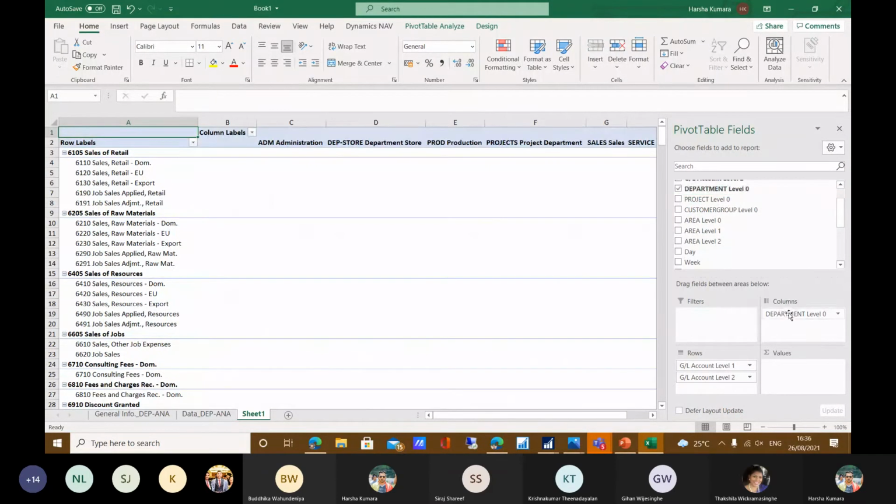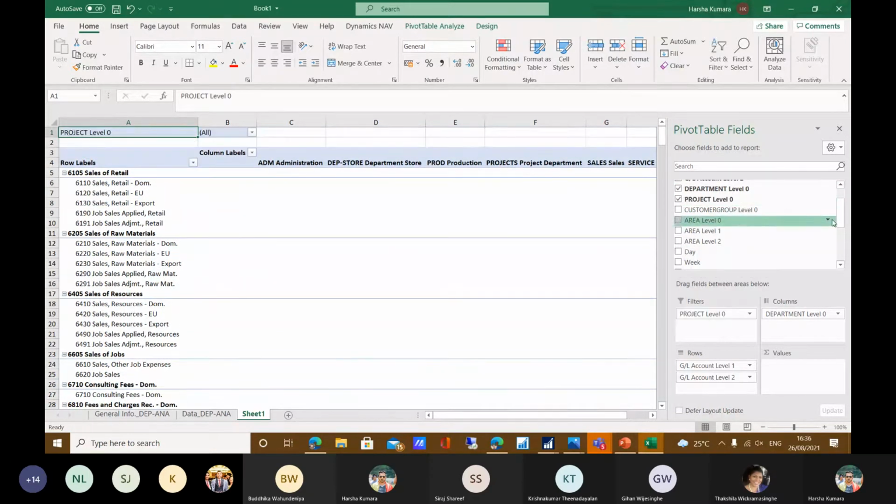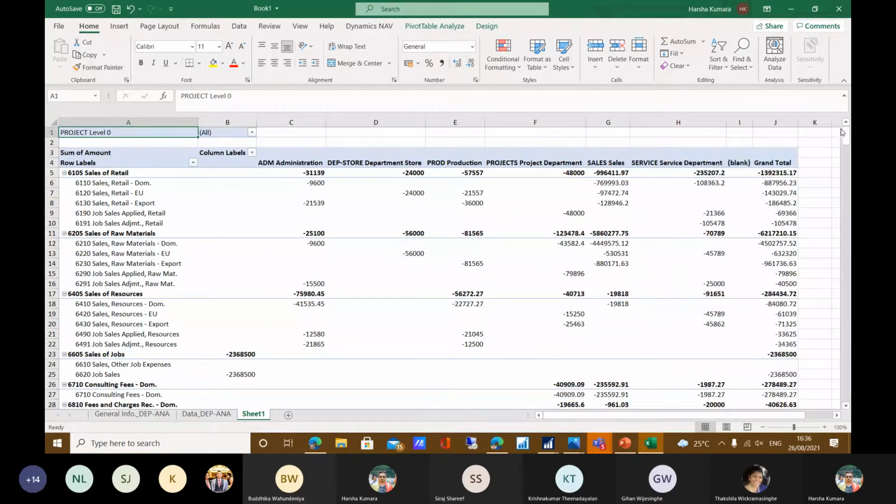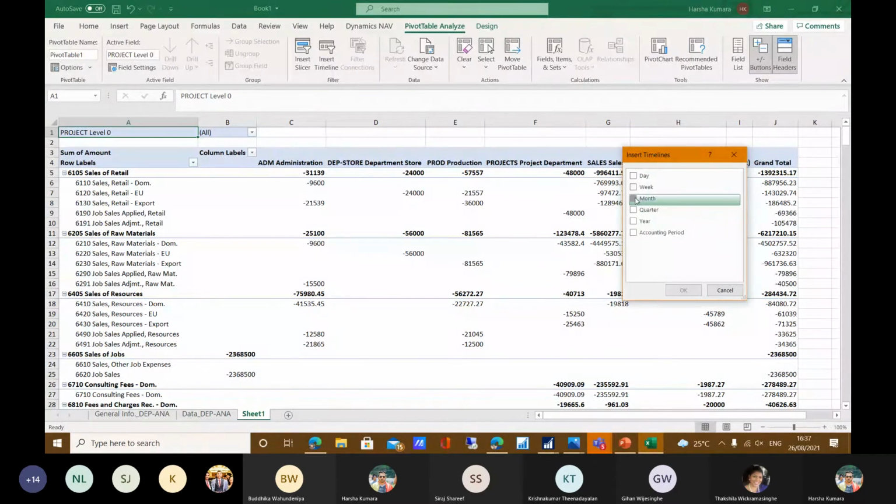I will get the department as columns, and project we can get to the filters, and we can get the amount column, and also we can get the timeline as a time slicer. I will put the time slicer in for analyzing monthly data.